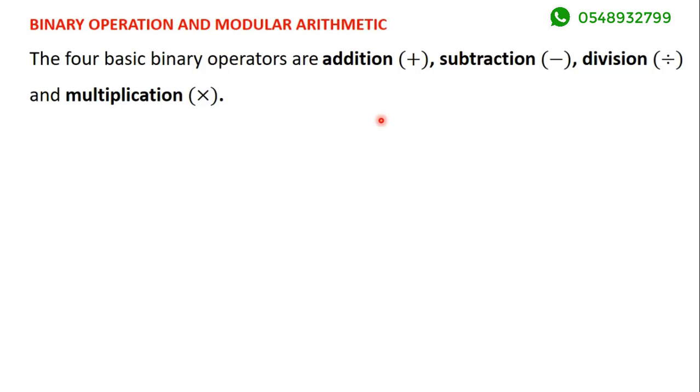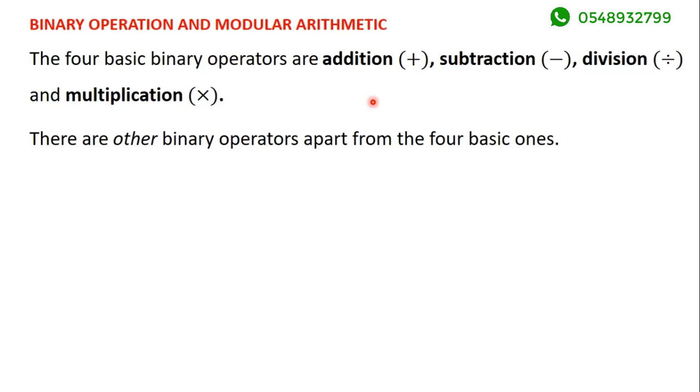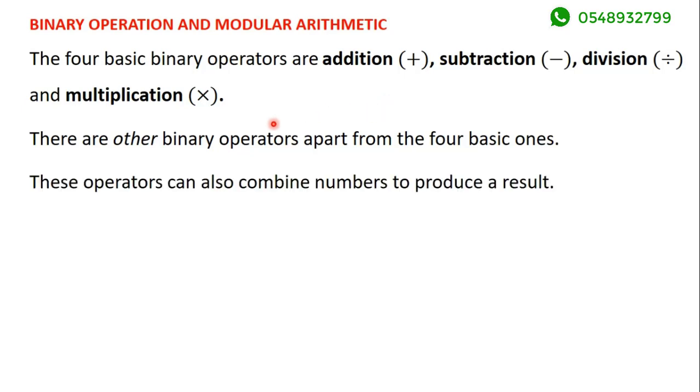5 minus 4 will give us 1. 2 times 2 will give us 4. 2 divided by 4 will give us half. So these binary operators combine numbers to produce a result. We also learned in those videos that there are other binary operators apart from these basic ones. So apart from addition, subtraction, division, and multiplication, there are other binary operators, and they can also combine numbers to